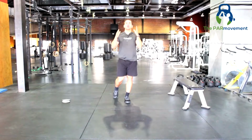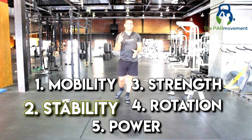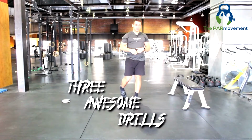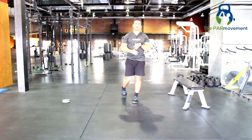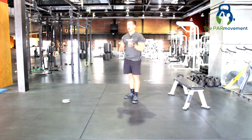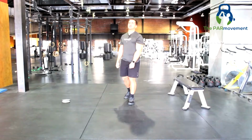Today we are going over the second pillar of golf fitness, and that is stability. So we're gonna give you 3 awesome stability drills that are going to get those intrinsic spinal stabilizers firing, prep the body for the golf course so you're in a prime and perfect position to create and execute a great